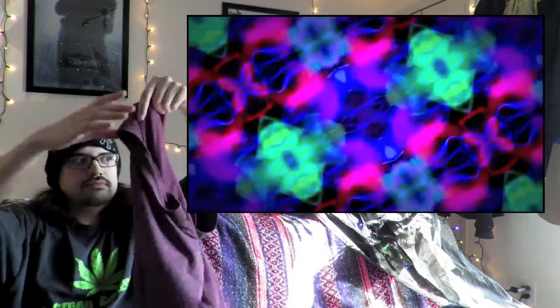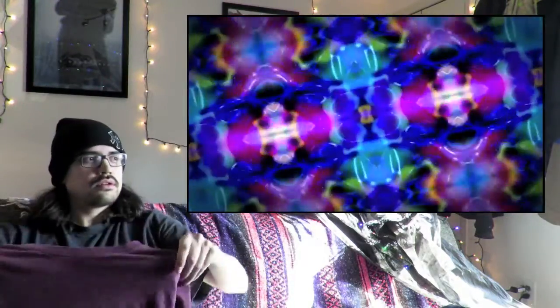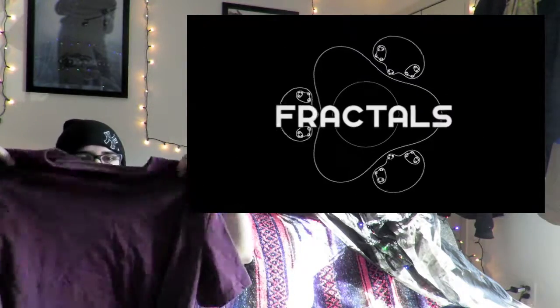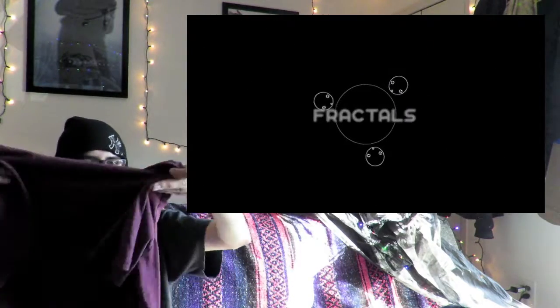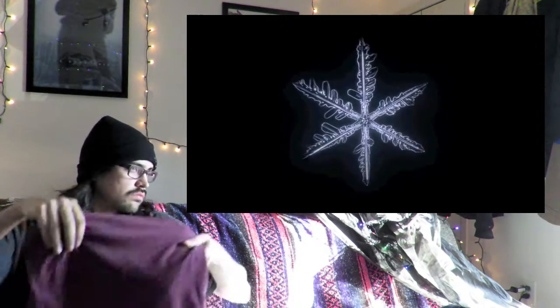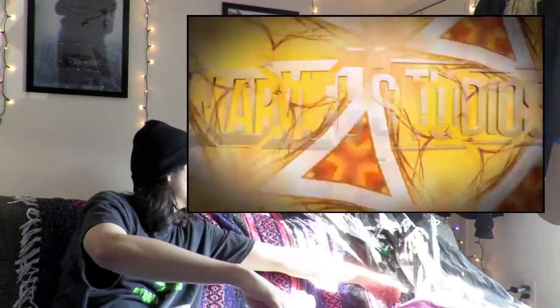Well, you are right. The patterns you see in a kaleidoscope are one version of what are known as fractals. Fractals are basically geometric patterns that infinitely repeat themselves at smaller and smaller sizes. Think of a snowflake and how the same shape is repeated over and over in every section of the flake. Well, Marvel is dropping hints all over the place that fractals power the universe of Doctor Strange, popping up all